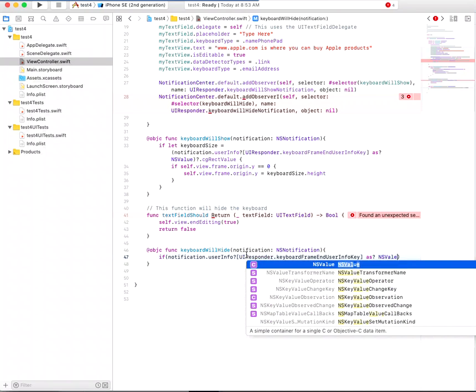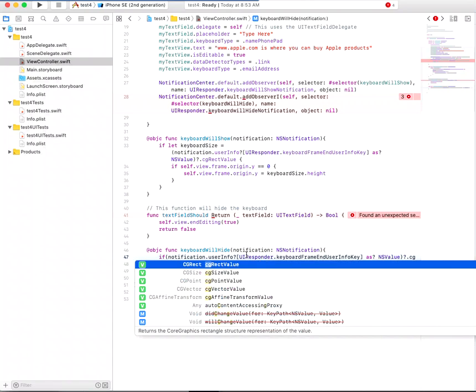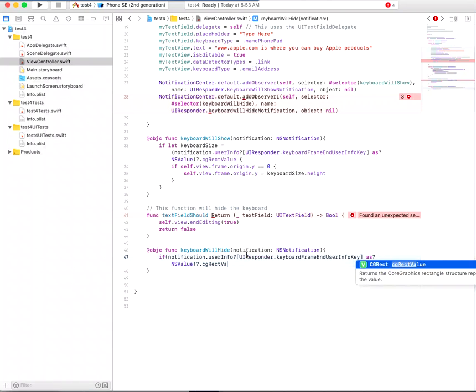NSValue closing parenthesis?.cgRectValue, and actually I believe there's a second parenthesis here because we need to close this .cgRect thing, and I will do != nil